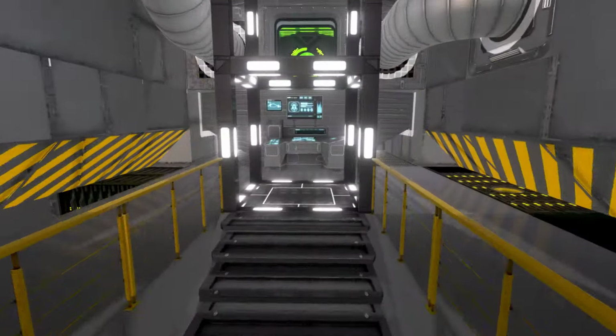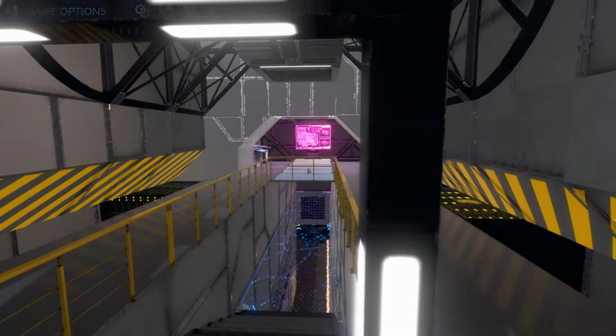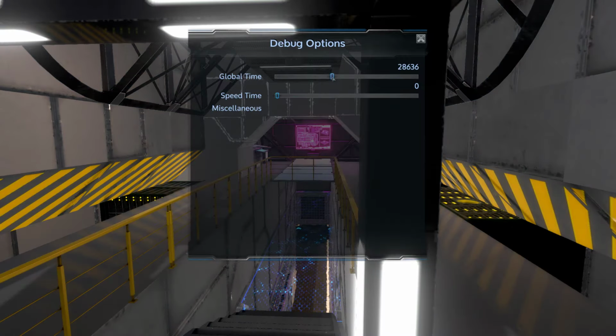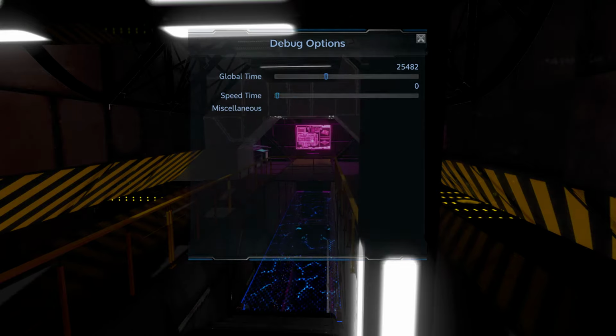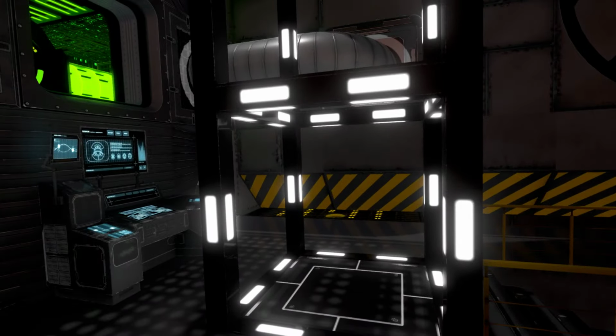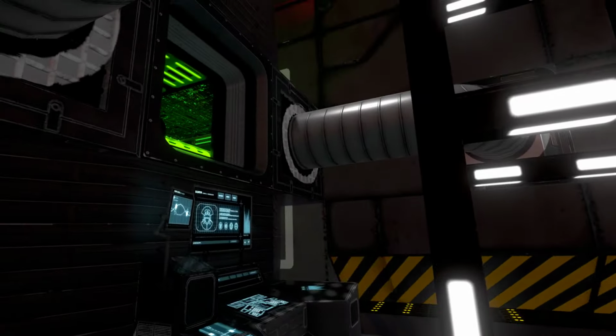So let's get up to this area here. Let me adjust the lighting a little bit here as well. Try to get it somewhere in the middle there. And out of God mode. Alright, so